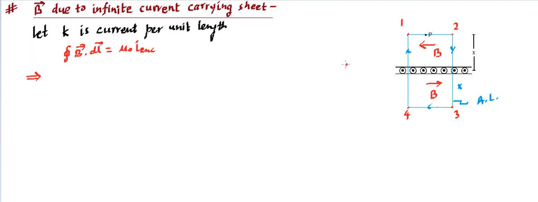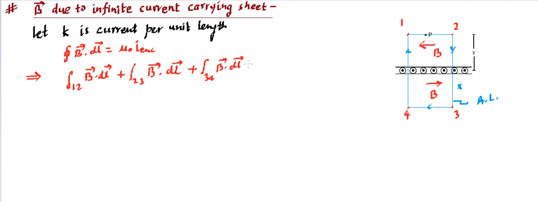So we know this is a current carrying wire, so how the fields go, that's how we are deciding the directions. Then this integration has to be divided into 4 segments. We can say it's going to be integration from 1 to 2 segment B dot dl. Then you write this integration for 2 to 3 segment, and do the same thing, B dot dl. Then break the next portion, which is 3 to 4 B dot dl. And then finally you go for this 4 to 1 B dot dl.